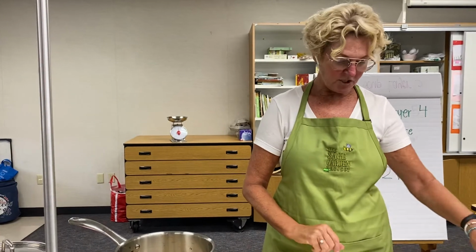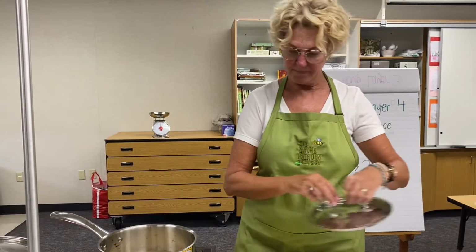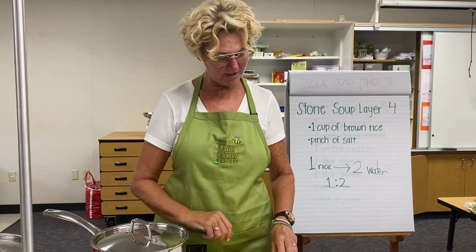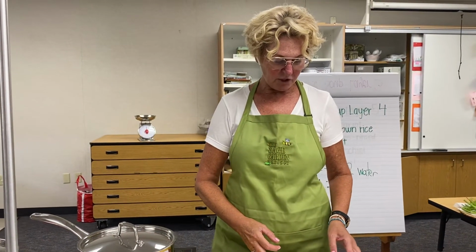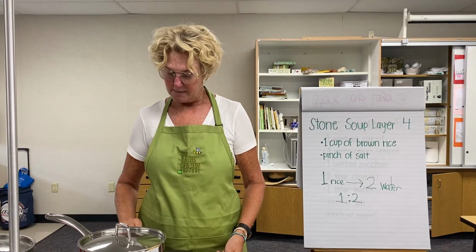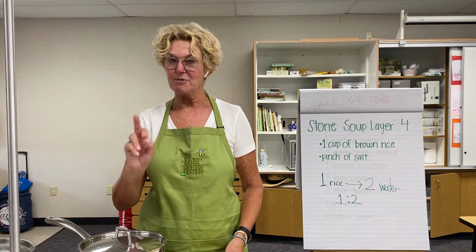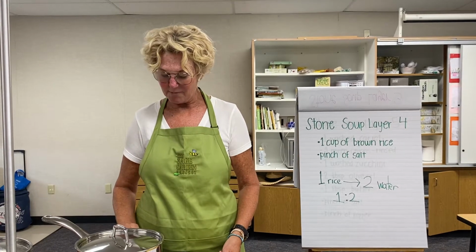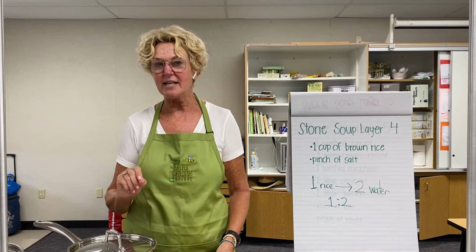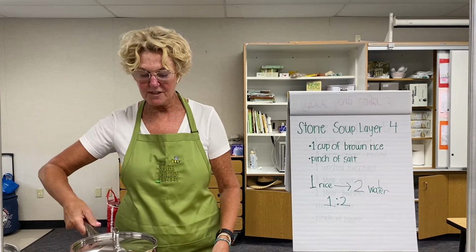And what I'm going to do is once it comes to a boil, I'm going to put my lid on with my sous chef, and I'm going to cook the rice for about 45 minutes. It's going to come to a boil first, and then I'm going to turn it down all the way to a simmer so it has tiny bubbles. And when it is finished simmering,